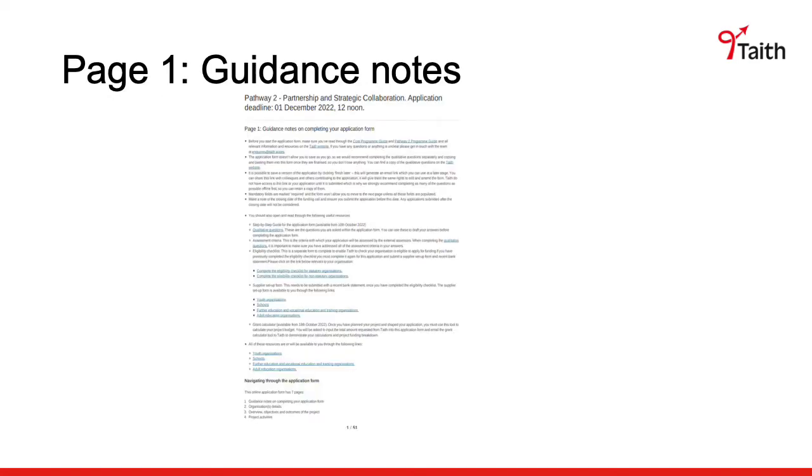This is what page 1 looks like. Here you will find reference to all the documents that you need to familiarize yourself with in order to fill in and submit an application for Pathway to Funding. Please note that you will also need to submit a document to demonstrate your eligibility to apply for funding. If you have previously completed the eligibility checklist, I'm afraid you need to do it again for this round of funding.